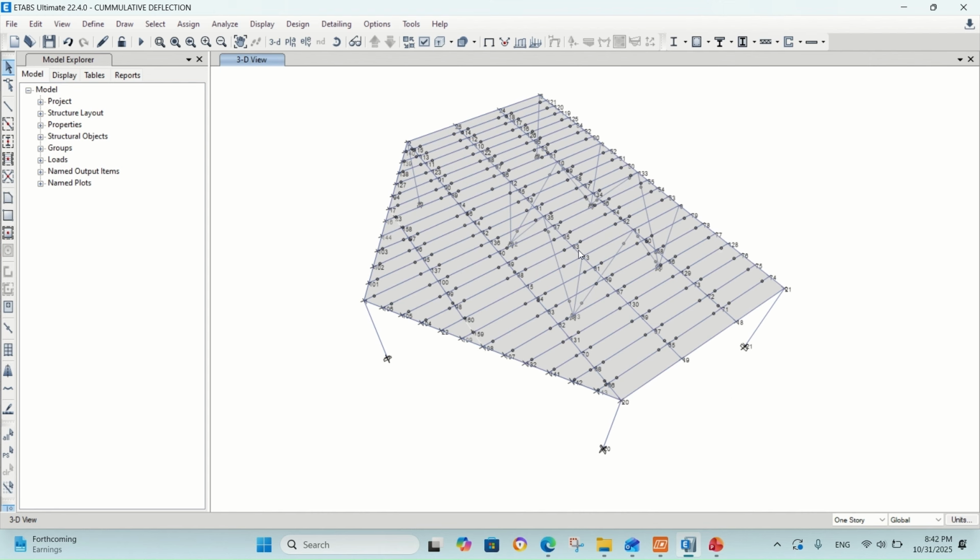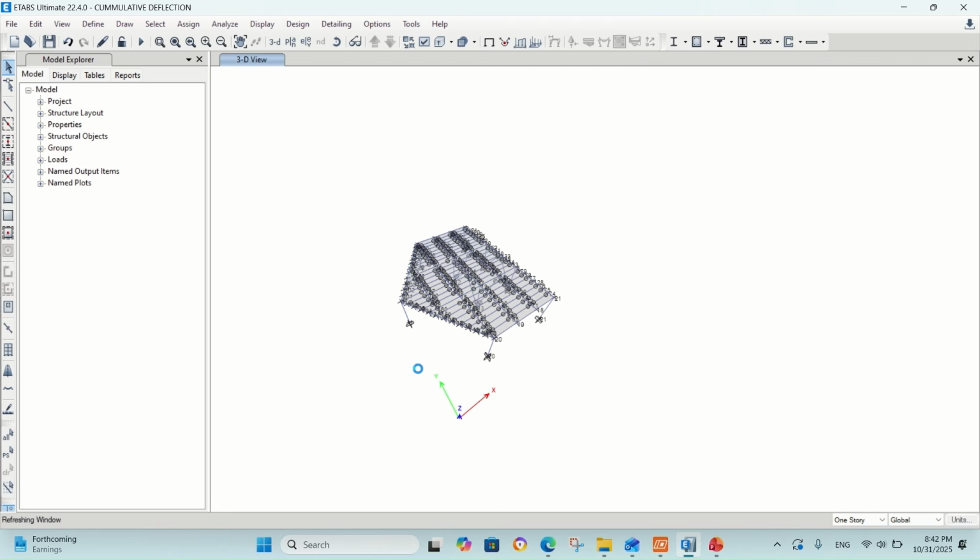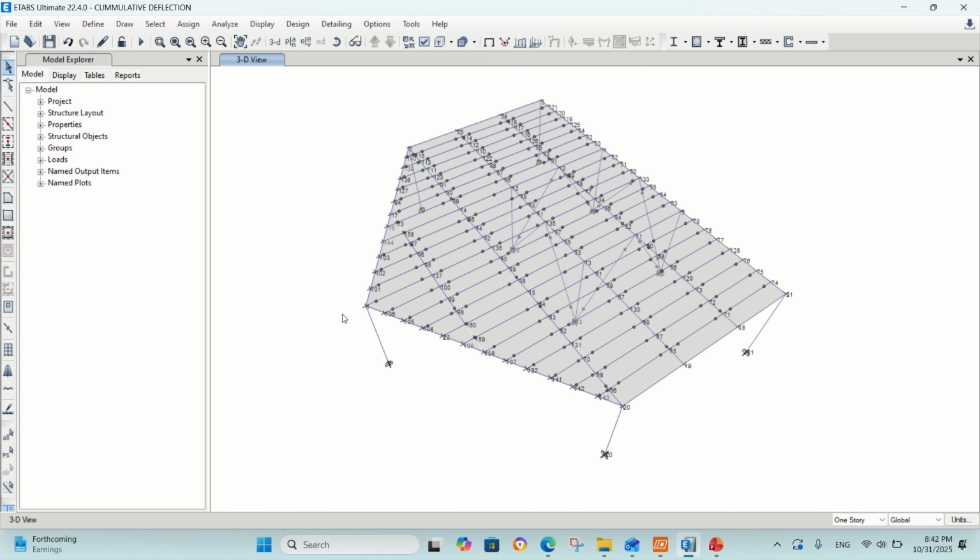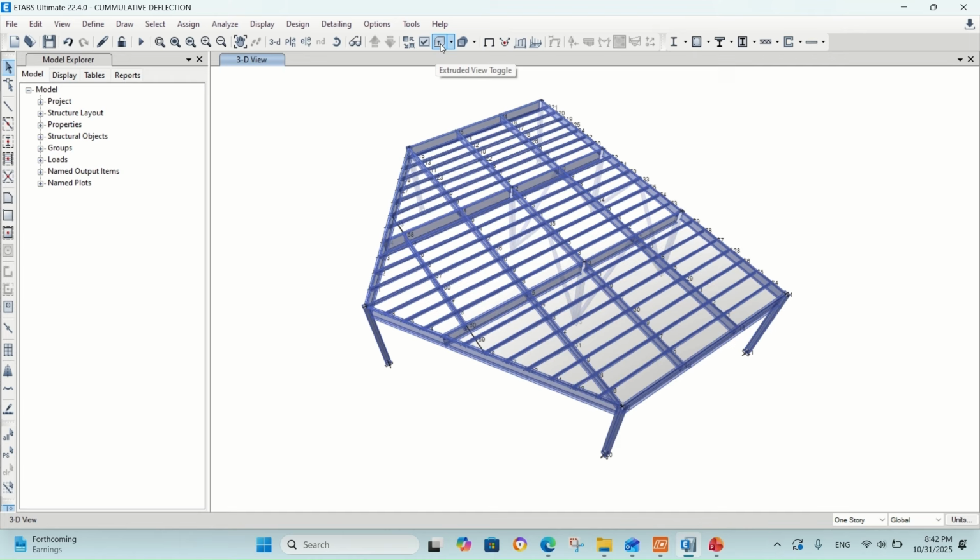We can see that these columns are braced together in both directions to provide rigidity and stability for the structure in both directions. And then we have the main girders spanning in one direction, in the Y direction. Part of these main beams are supported on another transfer beam. As we can see, we will go and show the extruded view. In this direction, we have these beams supported on these transfer beams